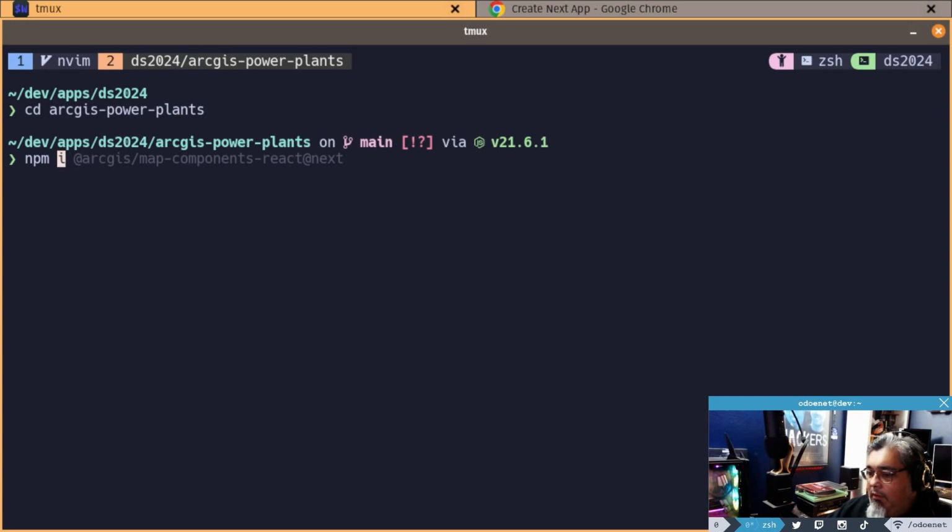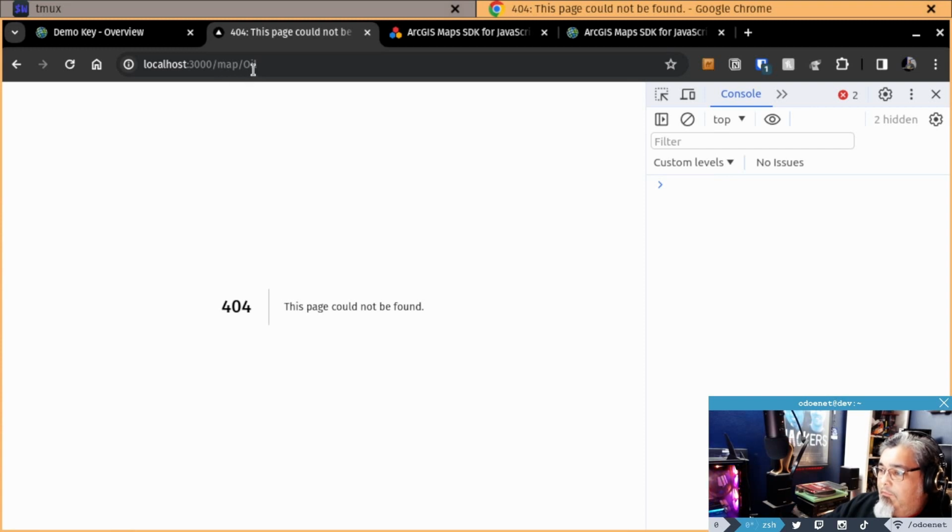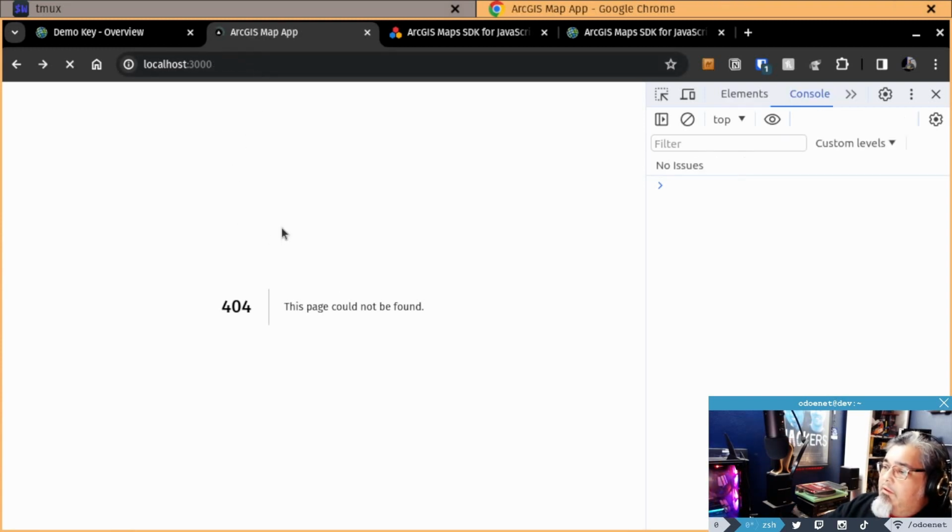Here, npm run dev. So we got some results. Awesome. Okay, we got results going on here. Yeah, so this is going to show biomass, coal, cogeneration, gas, geothermal, hydro, nuclear, oil. If I click it, it goes to this map/oil route, and I haven't created a map route yet. So